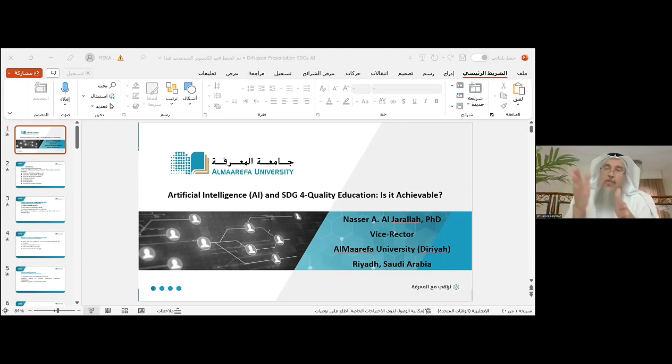That means we should also rethink the SDGs, and think about the goals and how they will be measured. This one is an introduction. I don't really want to go through a lot of the things, but Alhamdulillah, it has already been done by our colleague, how it is and what the effect of the SDGs is. I will go directly to the teaching and learning process, which is education,